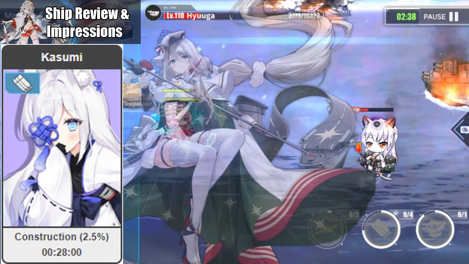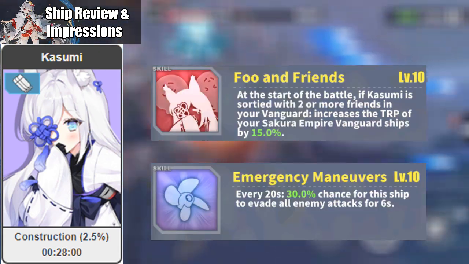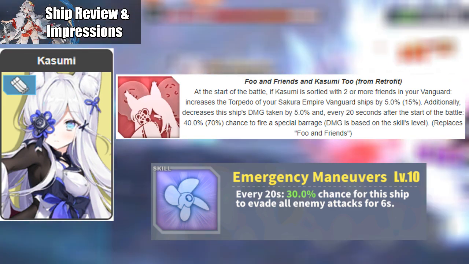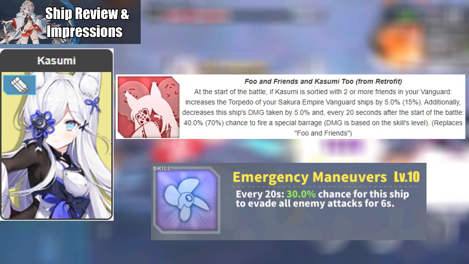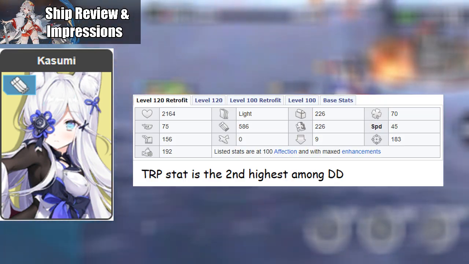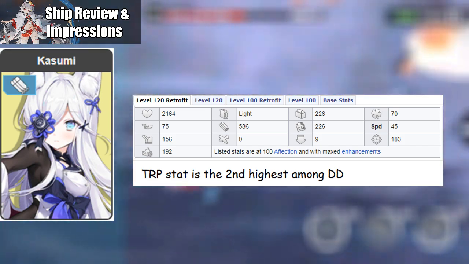Next is Kasumi. She is a collectible ship for me because her stats and skills are not great. With her retrofit, she will gain additional stats, and she will turn into a usable ship, meaning that she is good, but still, there are more better ships than her. She can also be a good torpedo stat filler on hard mode stages due to her high torpedo stat. Sharing the same fate,